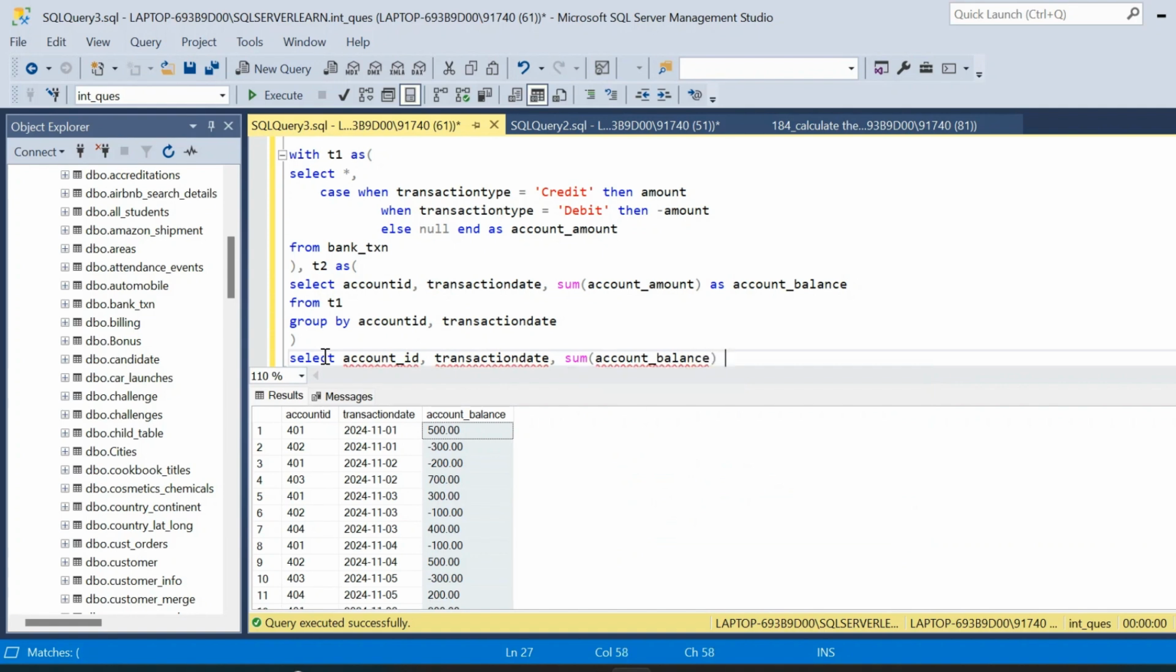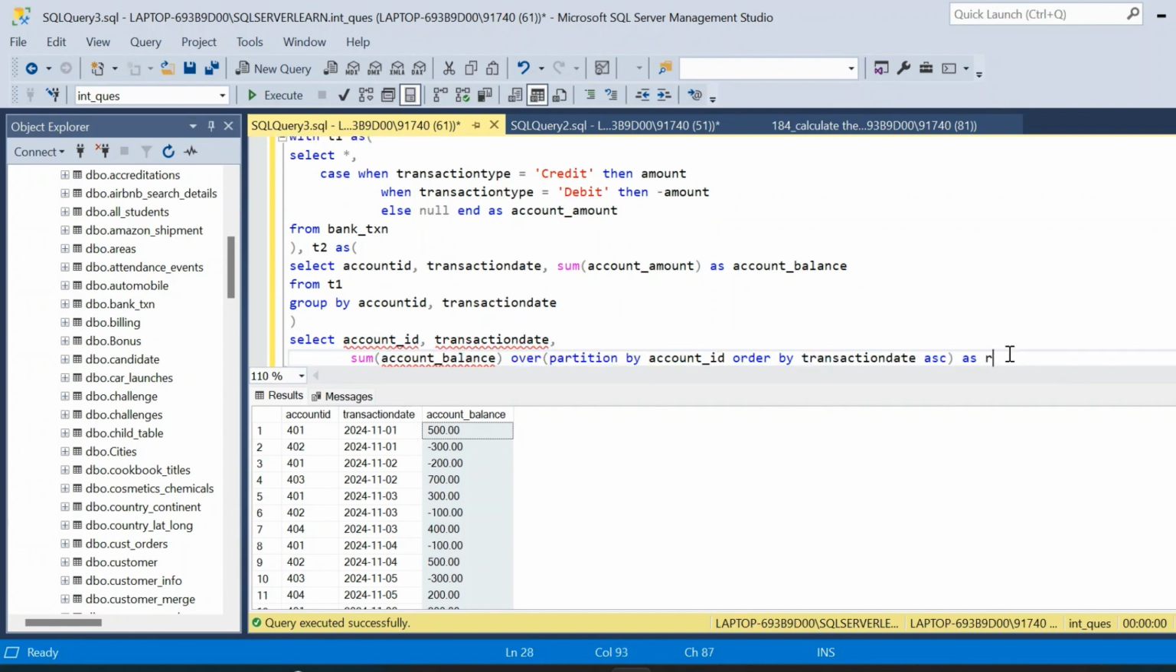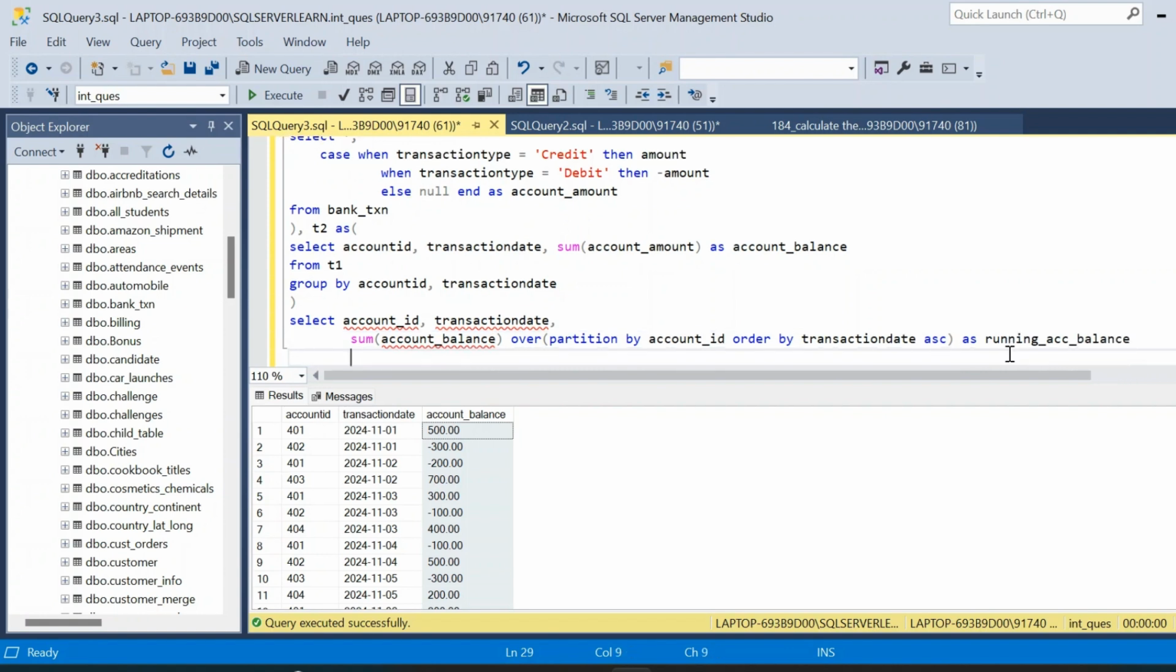close parenthesis. And now we are going to write the OVER clause, and within the OVER clause we will write the partition by and order by. Partition by account_ID, and order by will be based on the transaction date, which will be in ascending order, close parenthesis. And this column we will name as running account balance, and this is taken from